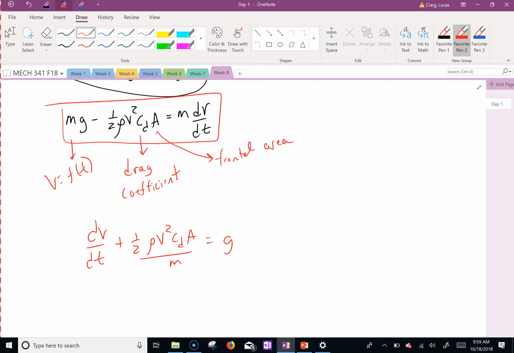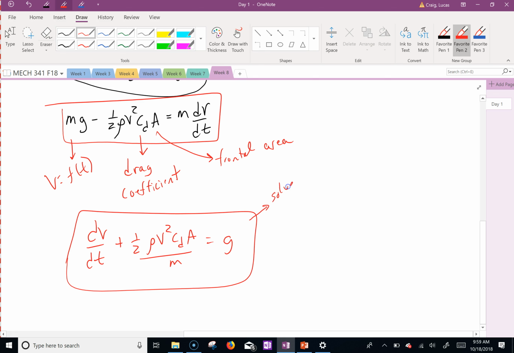What I'm going to show you, probably not this class, but next class, is how we use MATLAB or other codes to solve for this numerically. So one of the homework problems is going to have you solve this numerically. Then you could solve any differential equation the exact same way. Once you have that code built, you just pop in that equation, and boom, you can solve it.